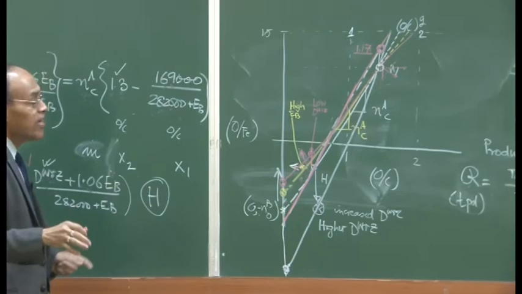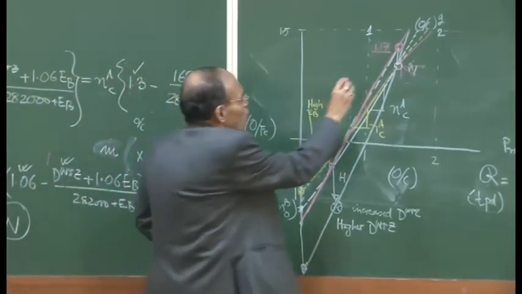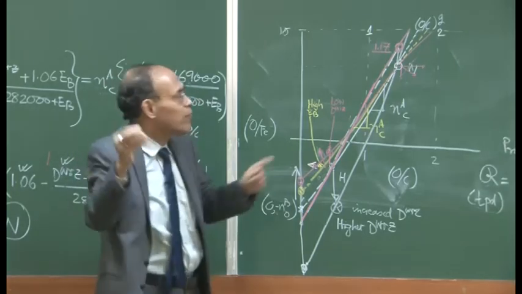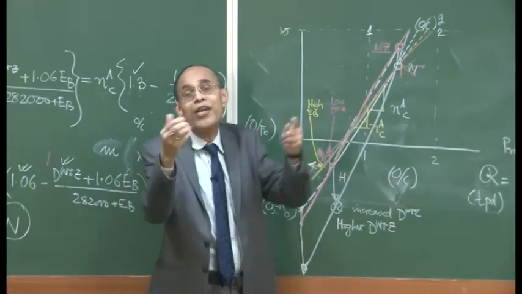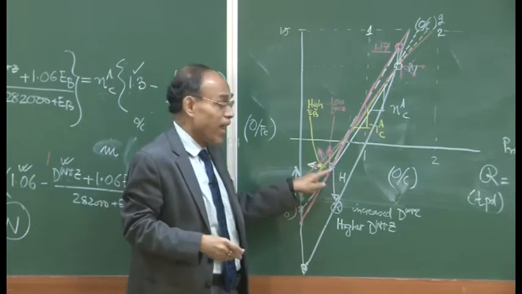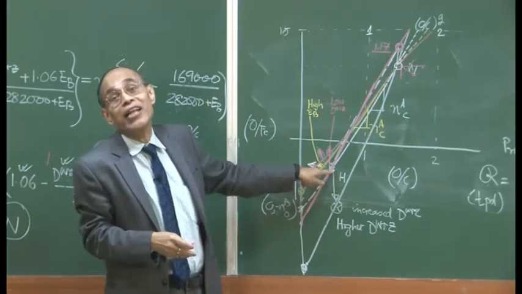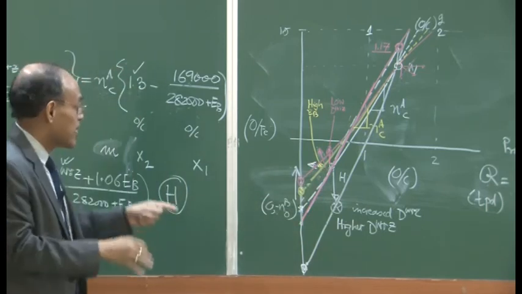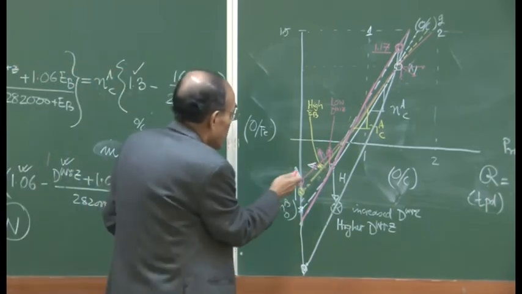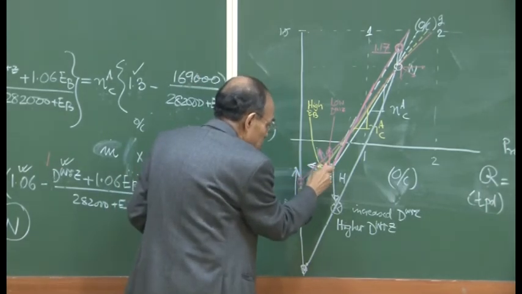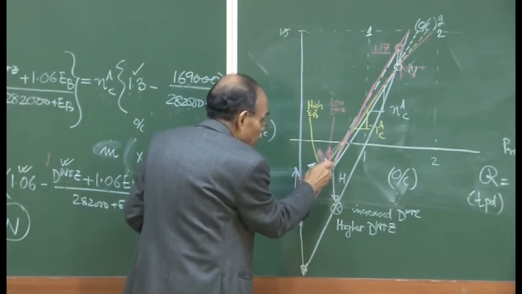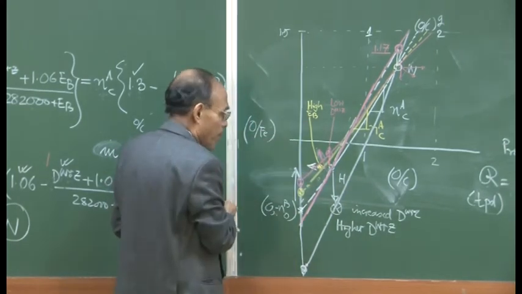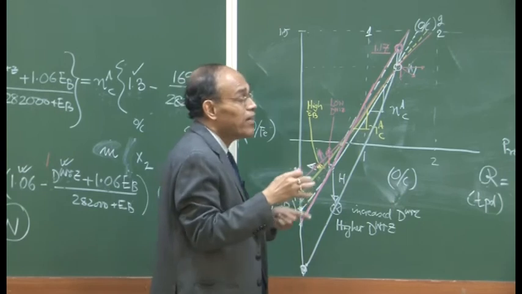But as I said, it is much easier. This point will not be affected to a drastic extent. Okay? Little bit this way or that way, this point W can be changed depending on the actual blast furnace practice. On the other hand, this point H can be significantly changed by controlling the blast temperature as well as the dWRZ, and by maneuvering this, the movement of this point in a favorable direction, that is towards the left or vertically upward,